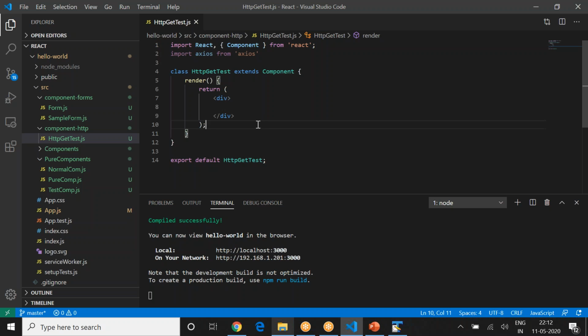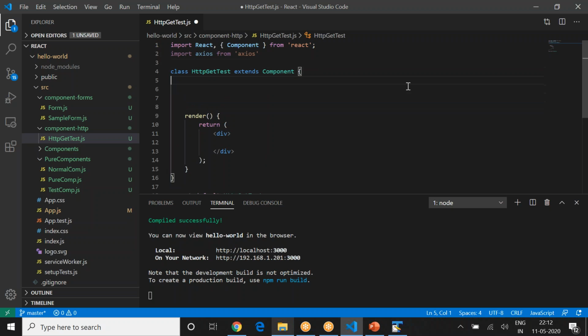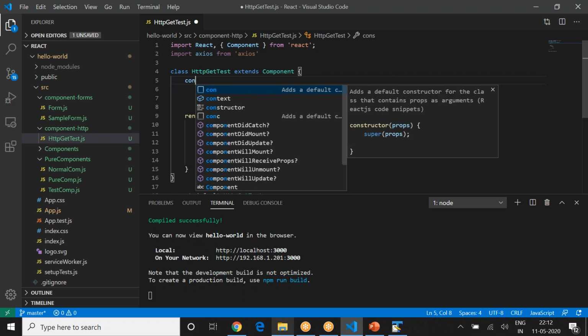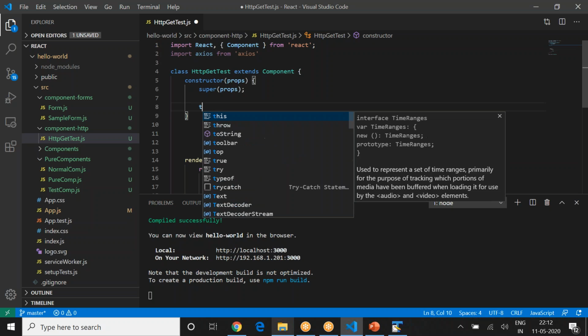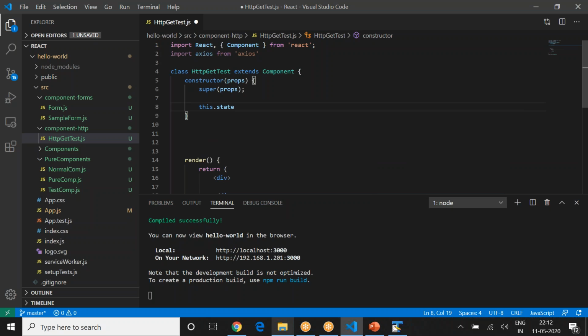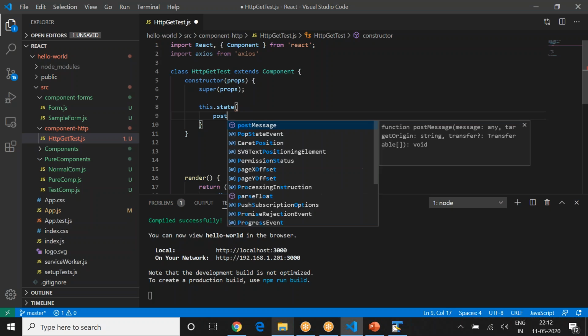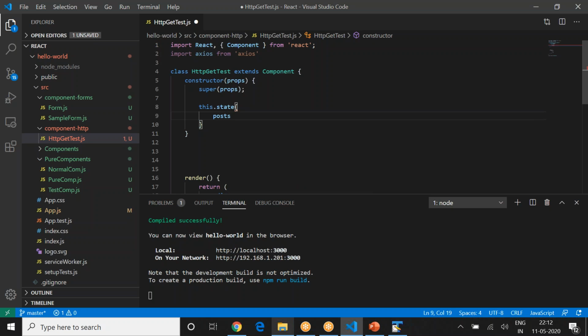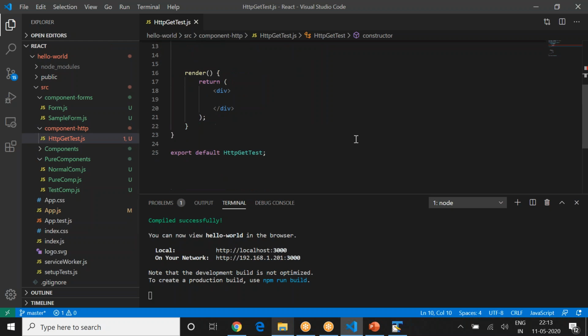Okay, so now what? Next is what? So you can actually get the data from here. Now, where exactly can you put your RESTful call? So first thing is you will add a constructor. So CONS, you will get a constructor. So you are going to get the object here, this dot state, and set the state. Let's say post. You are reading the post, and have an empty string assigned to it. As of now, don't use it. We're going to load that post with actual Axios contents. Okay, how? So there is some error here.